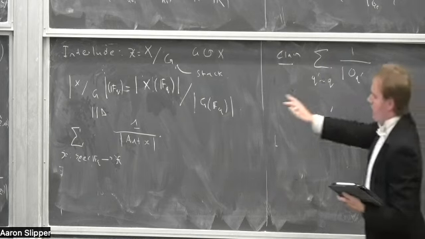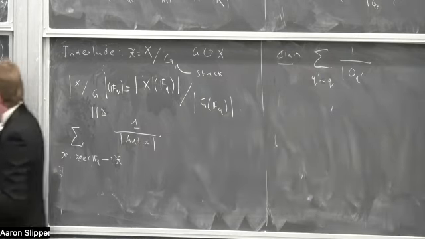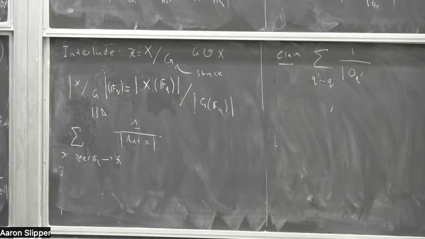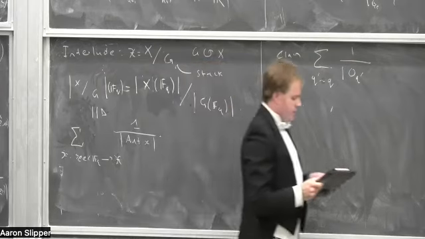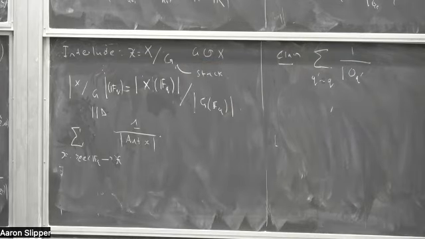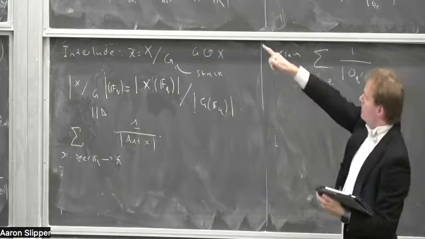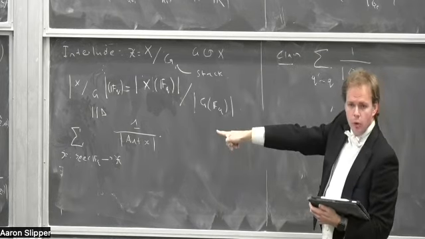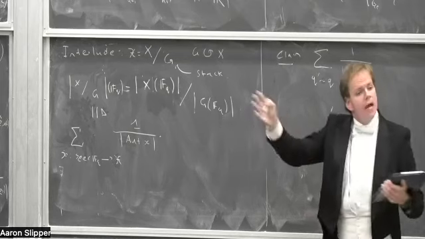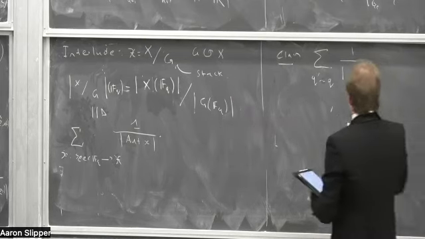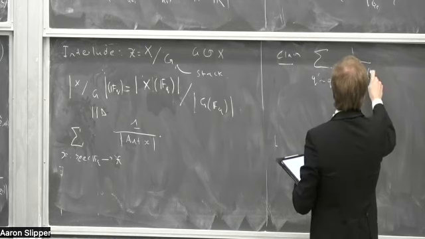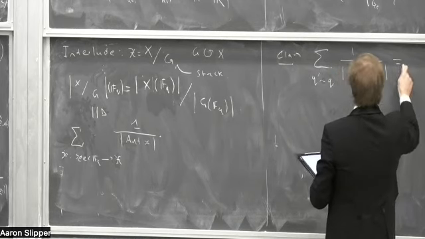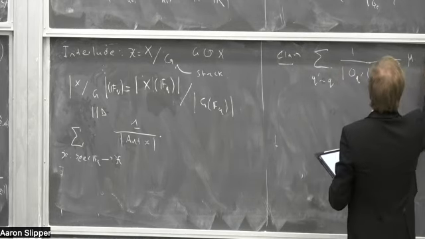So in our case, when we're dealing with this kind of formula, with some sum like this, we should expect this to be some kind of ratio of volumes. This is a double quotient that we found here, and we're counting each point up to its individual stabilizer. So it should be some kind of total double quotient, and indeed it is. So it's O_Q, Z, is equal to the